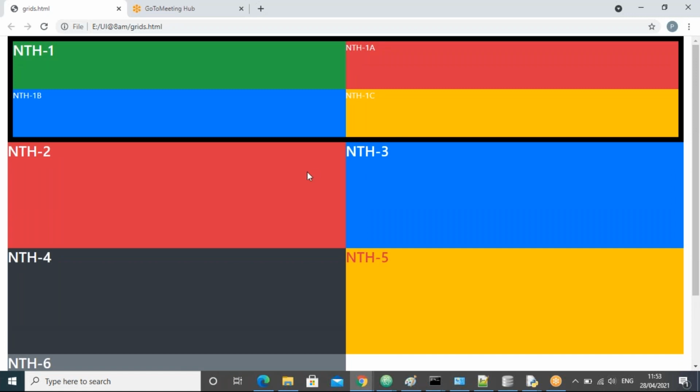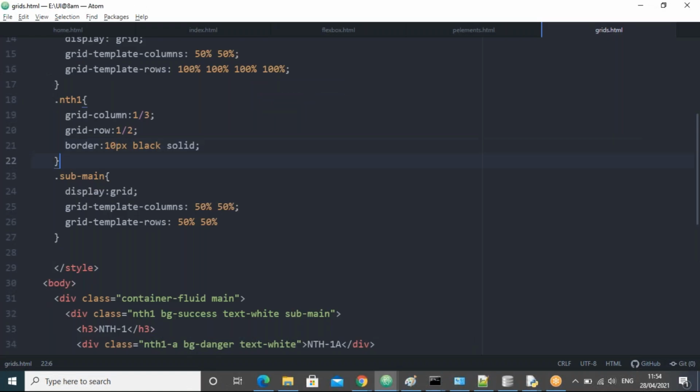Now what do we do here? Suppose, guys, I want to take the space between rows and columns. For that one, what do we do? Because I want to get the space, right? So for that one, generally we can use the margin and padding text, right? We use generally the margin and padding text.